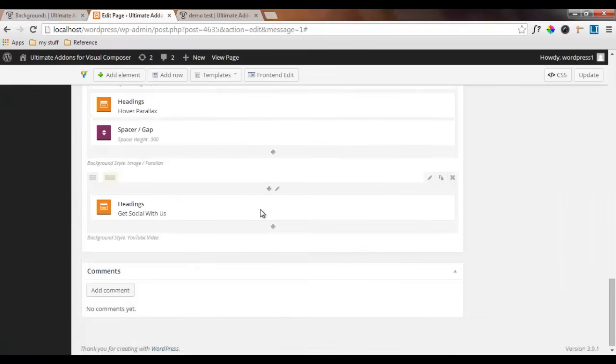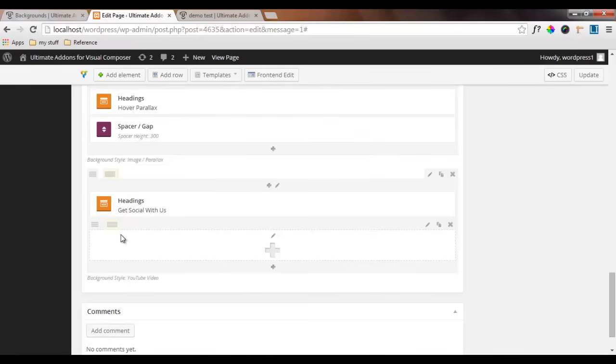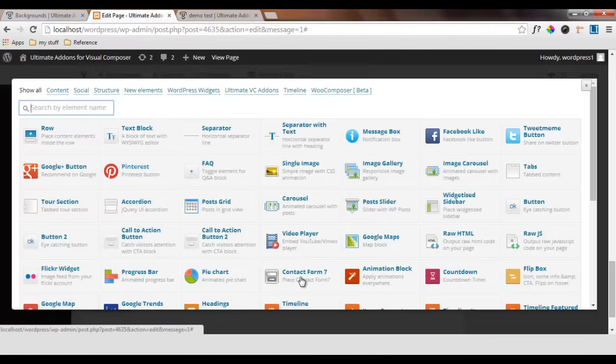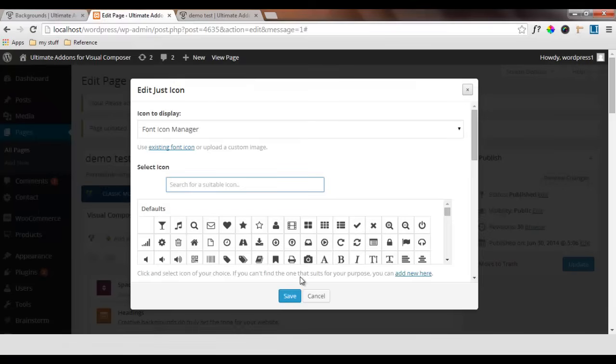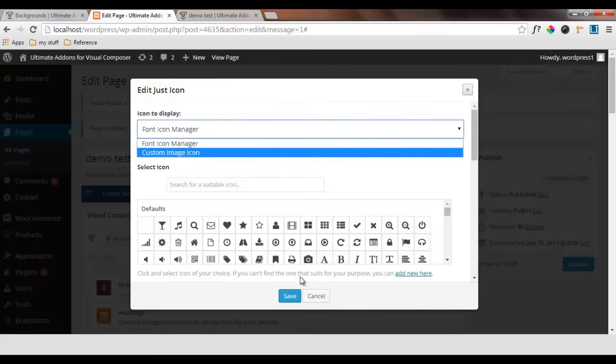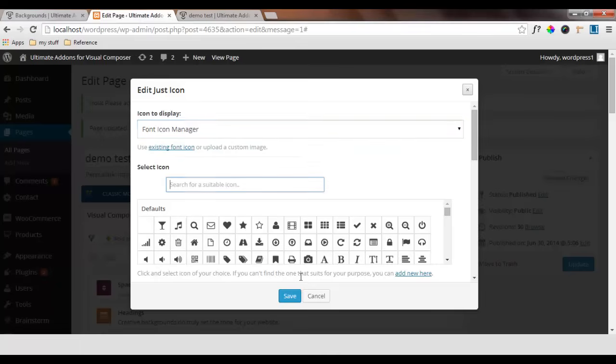So for that, I'll take a row. Inside that main working row, I'll divide that row into 6 columns, and into those 6 columns I'll add just the icon element. So here we can see icon and icon to display. So we need font icon manager, because we'll select all the icons from here only. We can also opt for custom image icon, but right now I'll select font icon manager, and I'll type in